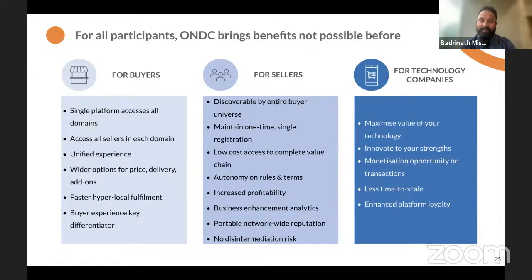For technology companies, if any one of you is a technology company, as I mentioned, there are three components: buying, selling, and logistics. You can explore the components. You can even go deeper and slice the components. You can create some tech product which helps our network participants to scale. For example, if you are an image processing application and you know how to convert product images and photos into catalog images and write content around it, then probably you can be available for all our seller applications, where they can take your service and give you a market, which is already available.